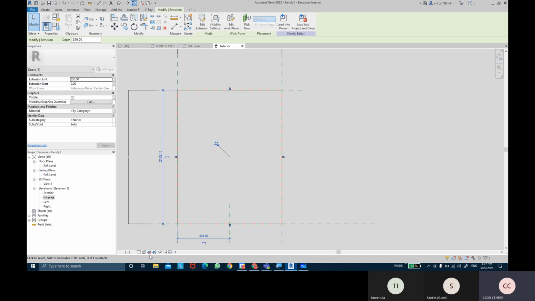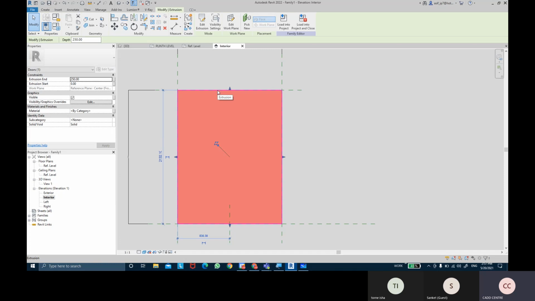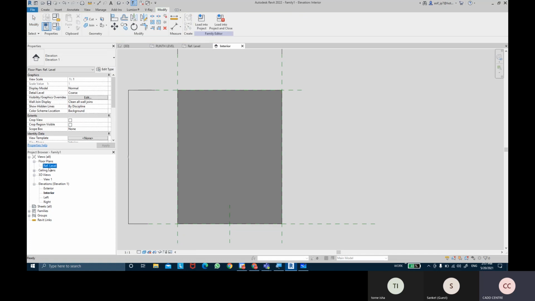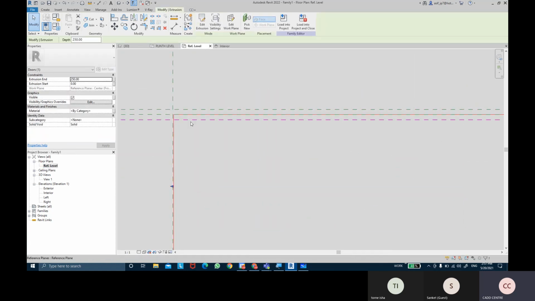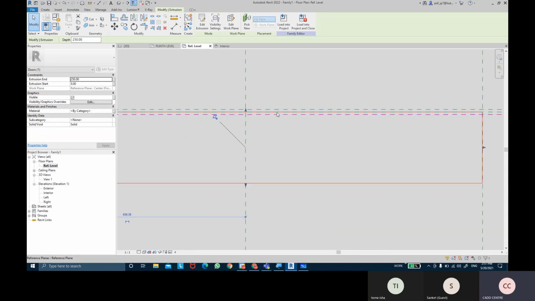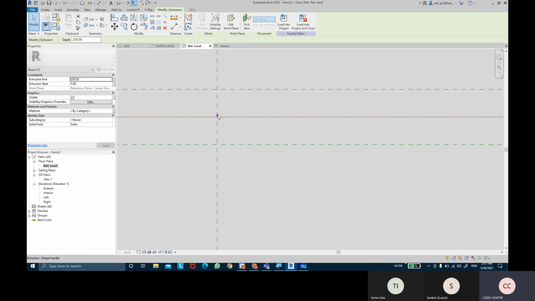I'm going to switch this mode to constraint colors so that you can see them actually. You can see the single panel shape has been formed. I'll come into the reference level, not the ceiling reference level, but the floor reference level. As you can see, this is sliding outside my reference plane. So I'm going to use these shape drag tools, these draggers actually. Drag it to the reference plane and make sure that it's locked.